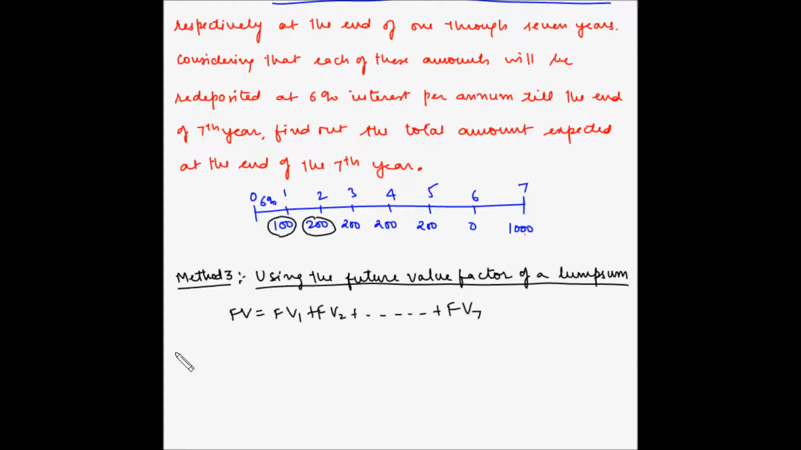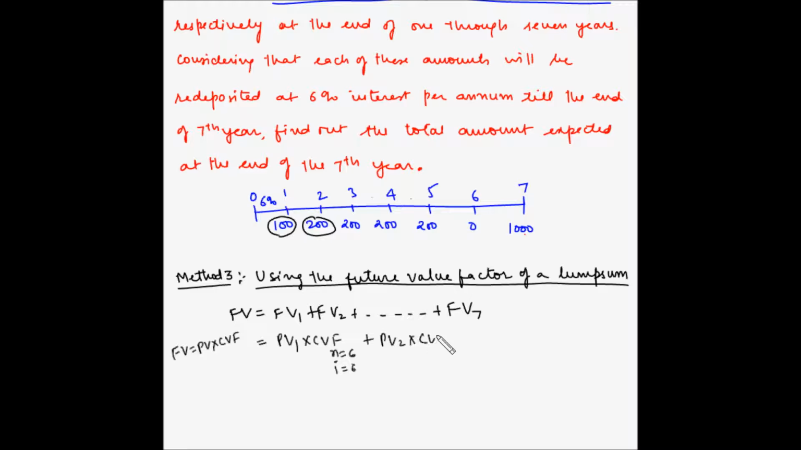And as we know, future value is equal to present value into compound value factor of a lump sum. So FV1 is PV1 into compound value factor where n is equal to 6, because this 100 is going to be compounded for the next 6 years, 1, 2, 3, 4, 5 and 6. And I is equal to 6 as well, plus